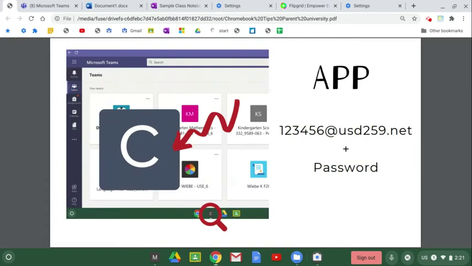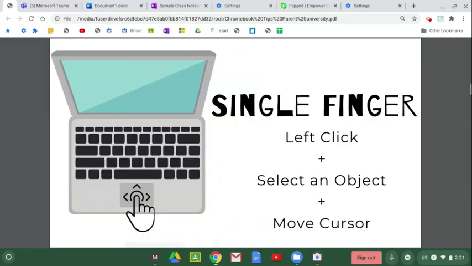The third way I want to highlight is the gray square app at the bottom of the machine. You have the ability to click on that. Sometimes it is a capital M or a capital C. Enter in the appropriate credentials. What's great about this is that it makes Teams nice and big, which is great for video viewing.